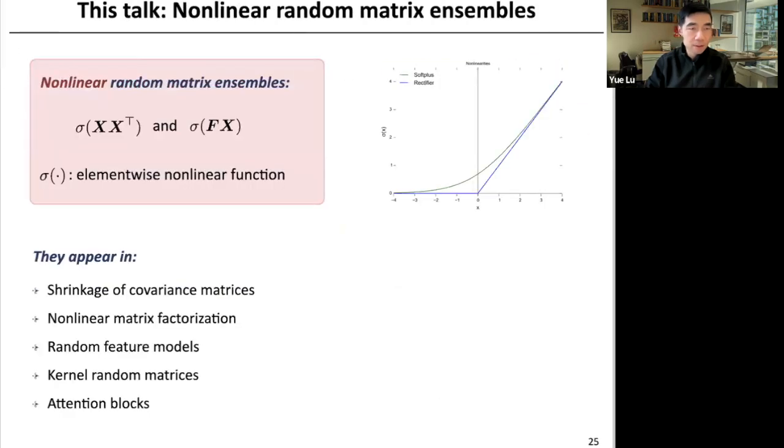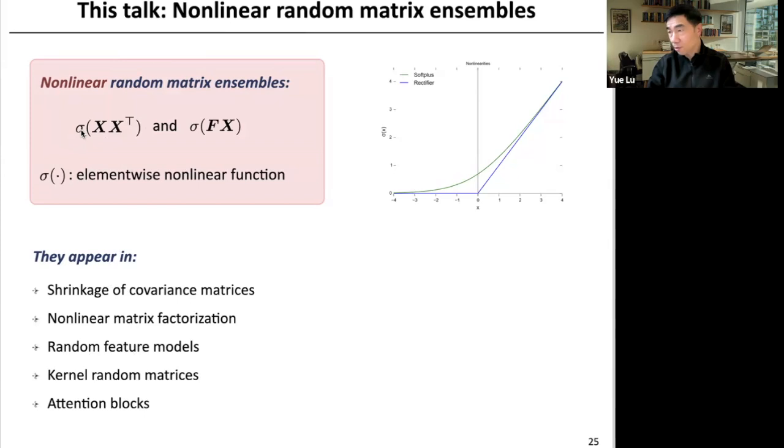Yeah. So we can call one of these A, right? And without sigma, X transpose will be the sample covariance matrix, and there are a lot of applications where you want to study the sample covariance matrix. But why do we want to study the version where you apply sigma entry-wise to the sample covariance matrix? One case is kernel methods, in particular inner product kernels,